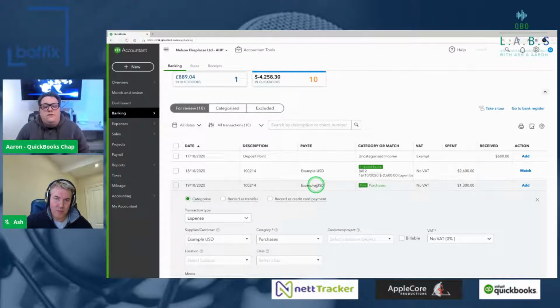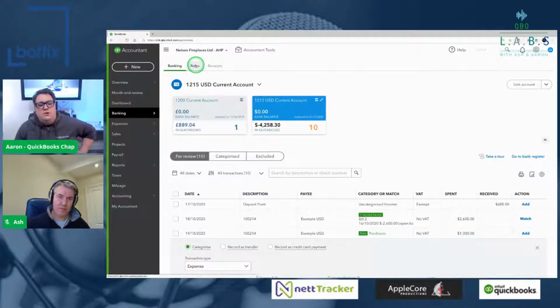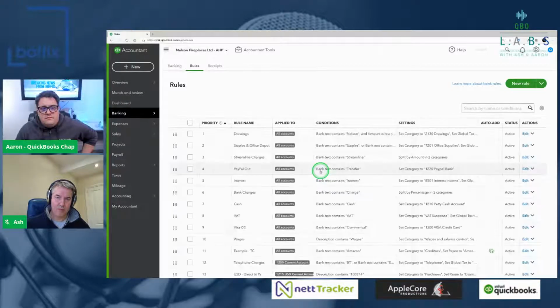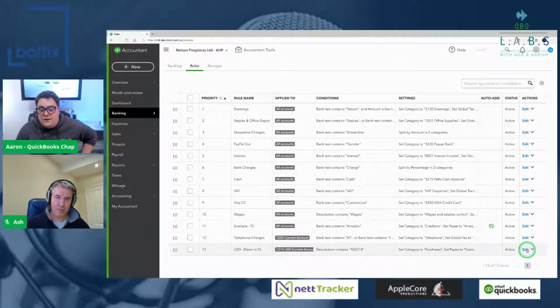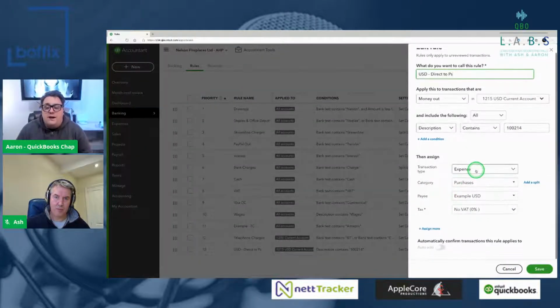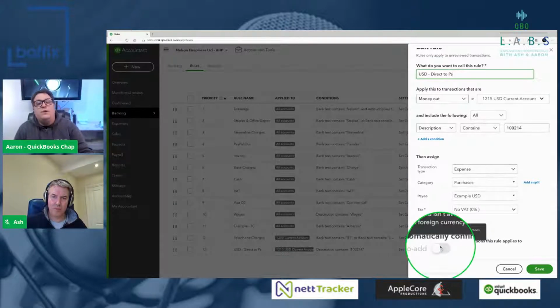Furthermore, what we've also found is rules are not interacting as they should within QuickBooks. So basically, when we normally do a rule, if I jump into a rule at the top here and open up the rule that I've created regarding my USD account, then normally we'd have the option to use automatically add in the bottom right-hand corner.